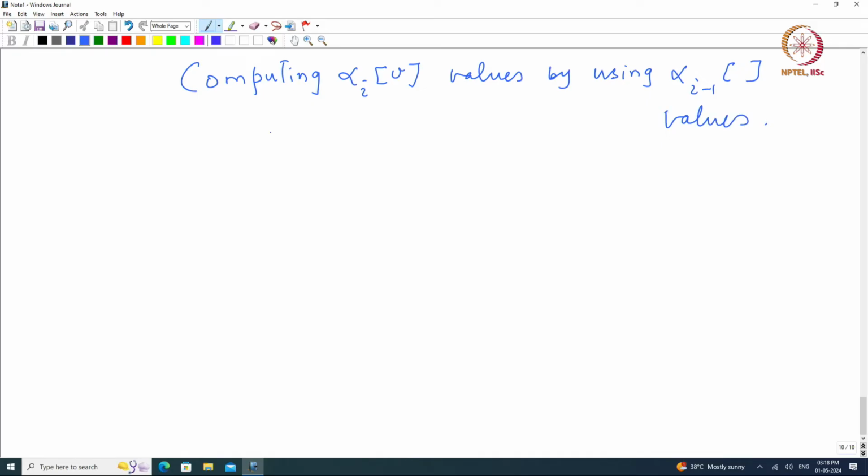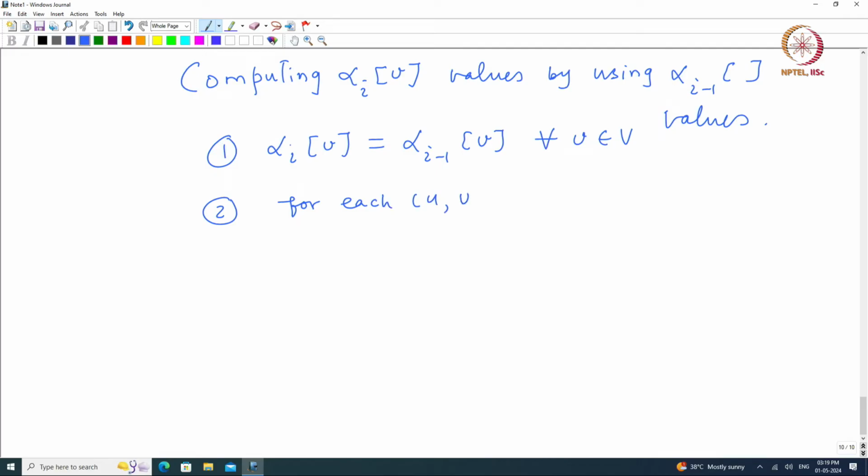How do we do that? Alpha i v is equal to alpha i minus 1 v for all v belonging to V. This is step 1. And step 2, for each edge uv in E,